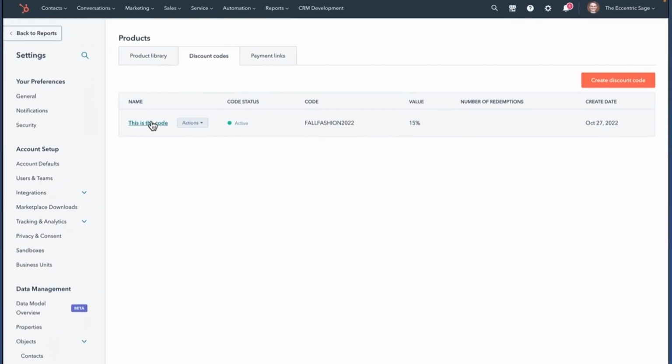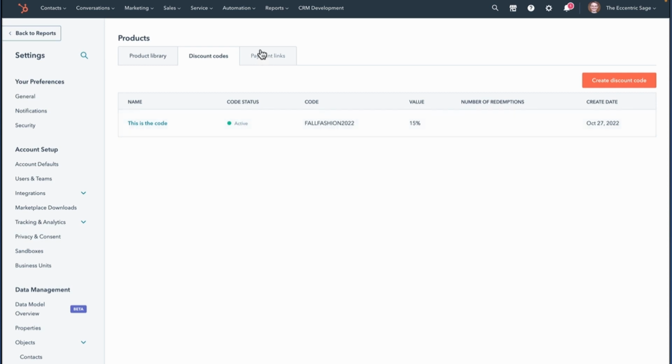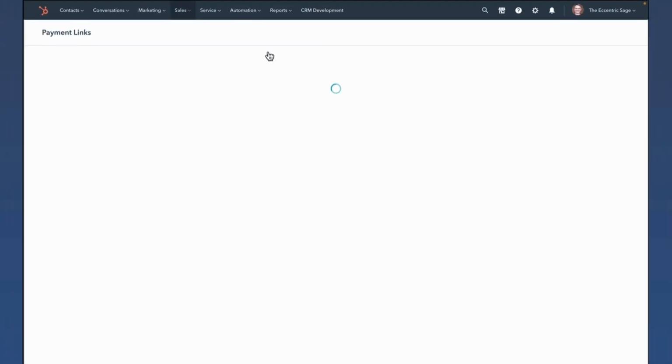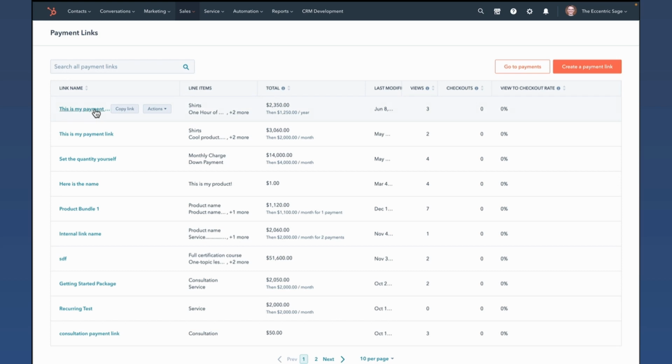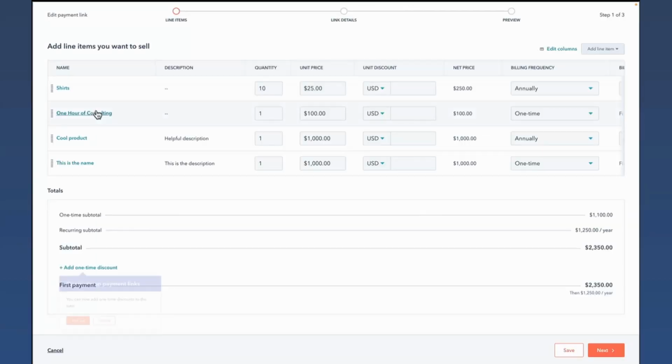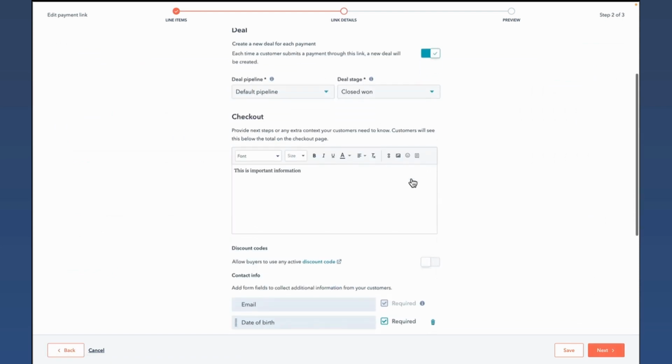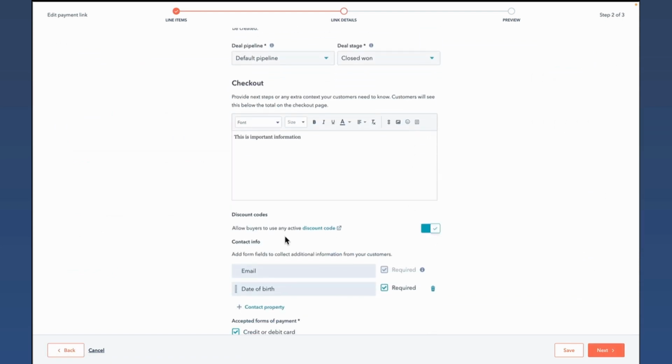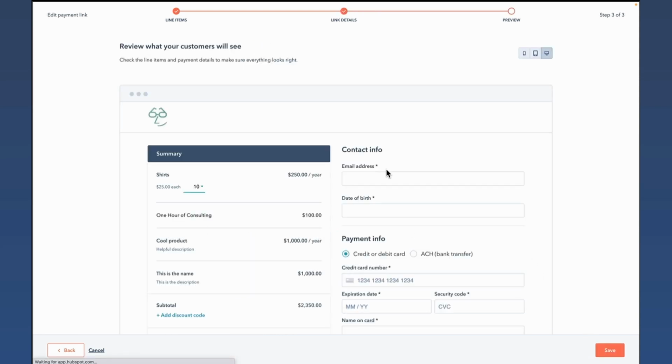And now it appears here. You can see the name and it's active. And then if we go over to a payment link, which now has its own page, we'll edit this payment link. And if we go to the link details page, we can just turn on this. Yes, we're going to activate any discount code. Right now we don't have anything more granular than that, but you turn it on, and what it looks like is on the checkout page,